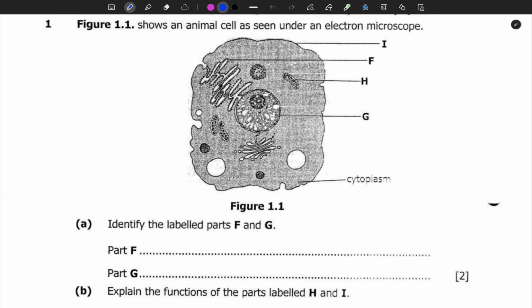Now, before we start answering our questions, let's define what a cell is. A cell is seen as a basic unit of life, which simply means this is the core of life. That's where life is. Okay, so part F is this structure. We have this structure with these ribosomes on the surface. So whenever you see a structure like this one with ribosomes on the structure, it is called a rough